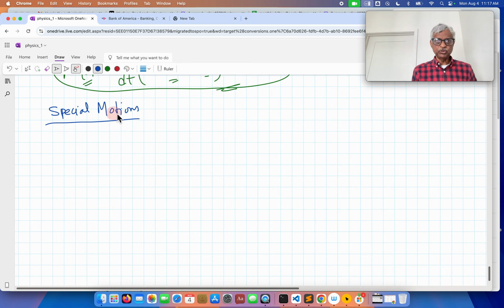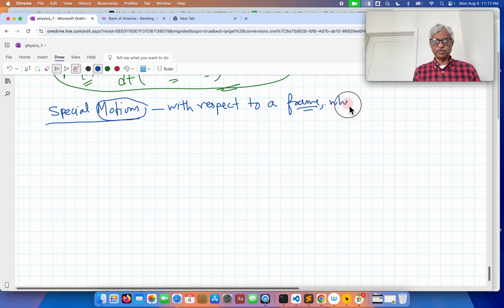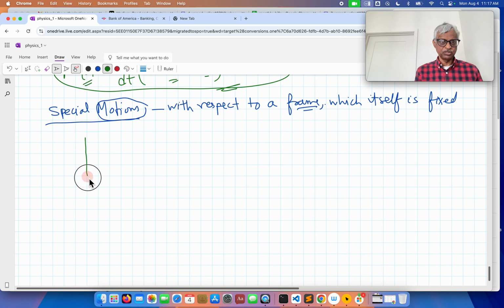Okay. So of course for motion you need a frame, and motion is with respect to a frame. The frame itself is fixed. So the frame is not moving. Just bear with me, because we will talk about a moving frame in a future video. So this is a frame, z, x, and y,